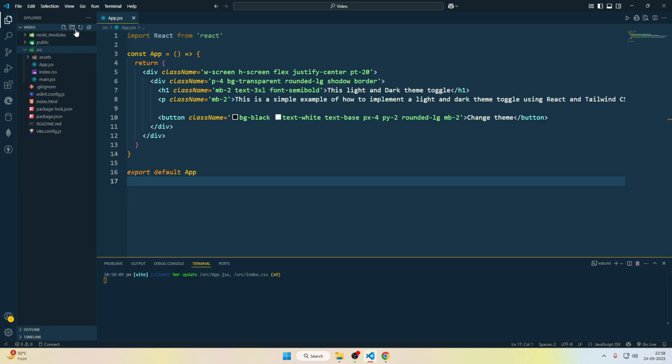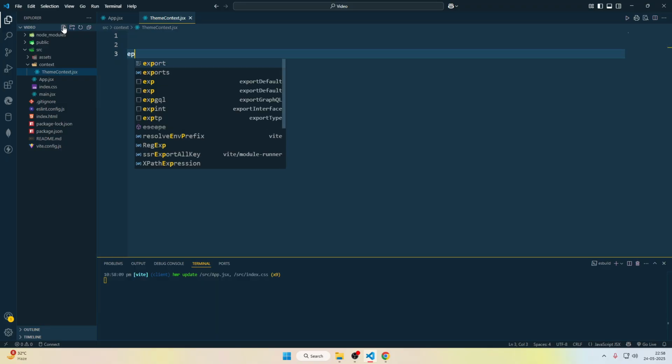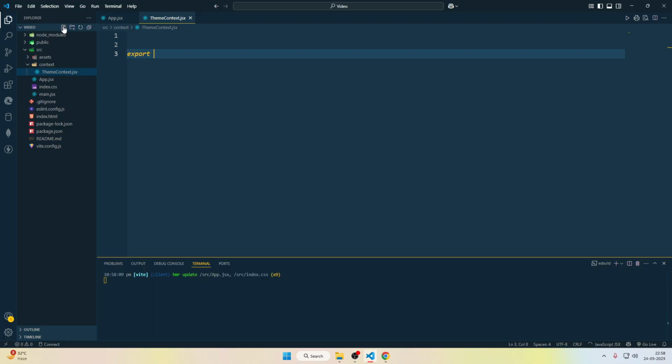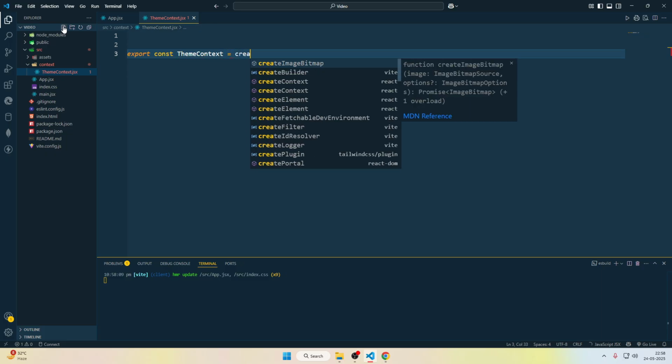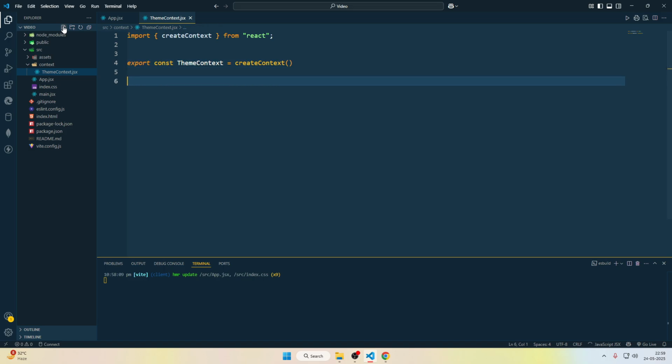So open the src folder, create a context folder and create a file themecontext.jsx and create a context file. So right here export const ThemeContext equal to createContext. Now